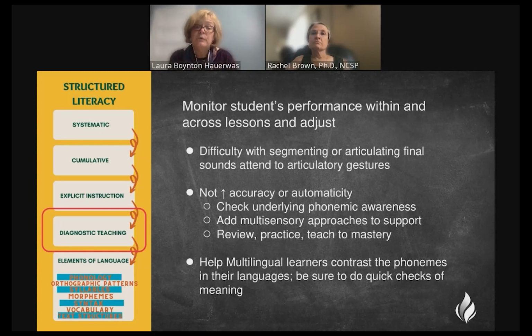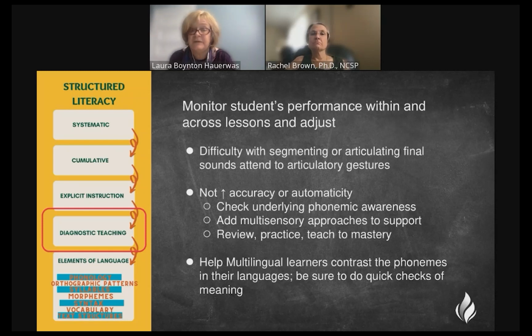Or we're monitoring and we're realizing that a student's accuracy or automaticity is not increasing. And we're going to do a little bit more diagnostic work. We're going to check into those underlying phonemic awareness skills. We might add additional multisensory approaches to support the student's learning. And we're going to review and practice and recognize, did we teach some of the skills that we were doing